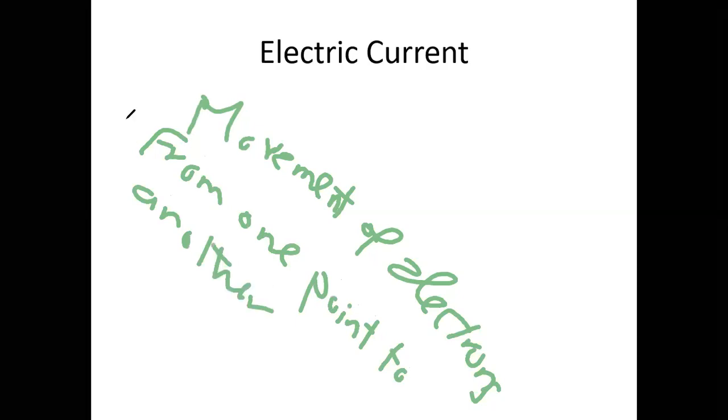So the movement of electrons from one point to another is known as the electric current. So you have electrons that transfer from one point to another, okay? And this kind of transfer of electrons from one point to another is known as electric current, okay? So when you have, inside the circuit, electrons that can move from one point to another, we call